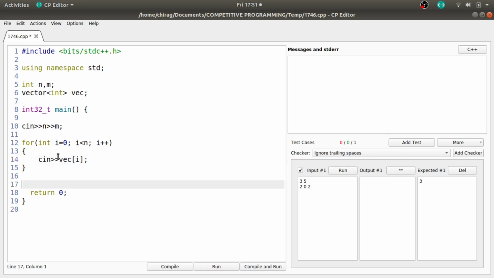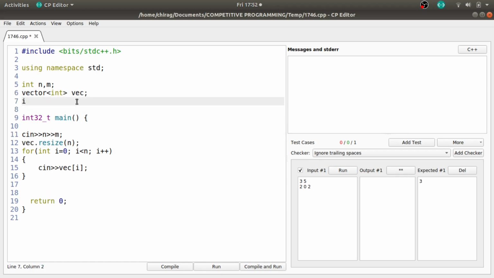Fine, then we need to resize this array, since it is not having any size, so let us say the size is n. So vec dot resize n, what it will do is it will just resize this vector with size n. Let's define a DP array here since we have two states. One is for the current index and one is for the previous element of the array. Since the previous element cannot exceed 100, the second dimension would be, let us say, 101. Let us give one extra.